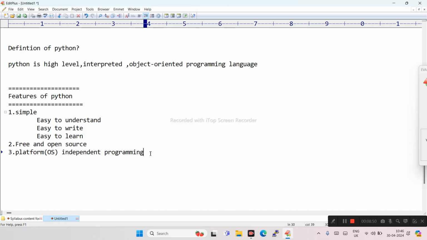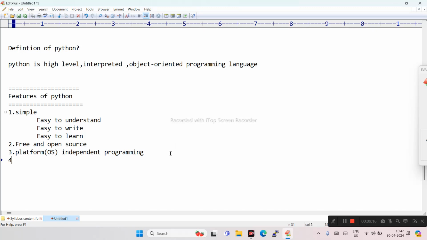There are no such restrictions that we can only use Windows, only Linux, or only the Mac iOS. There are no restrictions when you use the Python programming language. You can use it on any operating system.